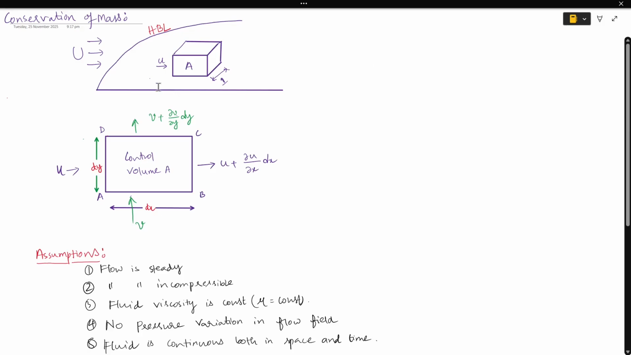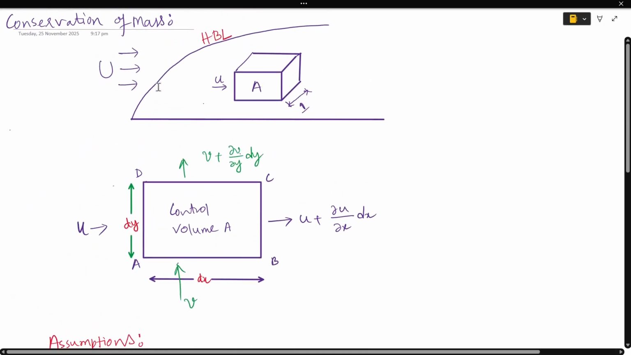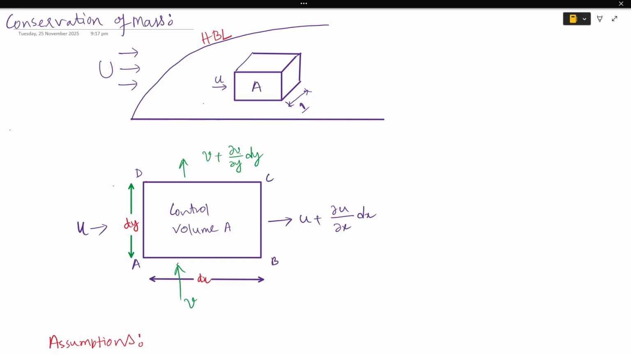Hello everyone. So today we are going to be looking at the conservation of mass, also known as the continuity equation. It is one of the differential equations for the HBL, the hydrodynamic boundary layer. You can already see that this is a flat surface, or you can say a flat plate,